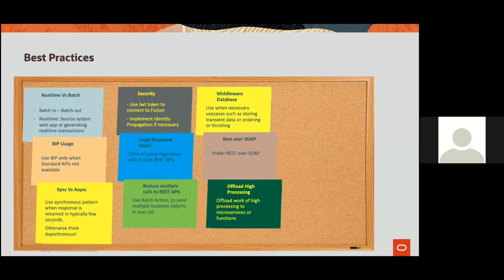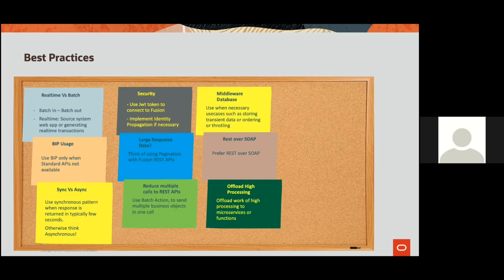This is one other thing I've seen with a few customers: offload high processing to a more cloud native solution. I don't have a pattern for this. Maybe the next time we present, we could have a pattern for this. One customer had the scenario of a huge file coming in, and they had to split this file based on subledger IDs. Can you do it in OIC? Well, you can, but it becomes too complex in OIC because OIC is more